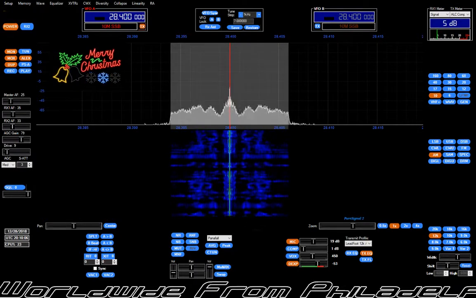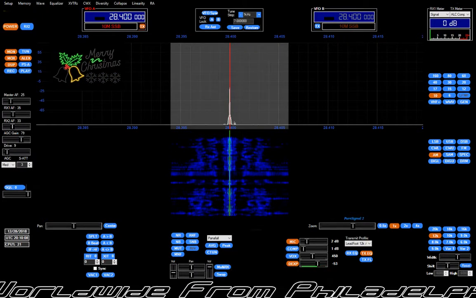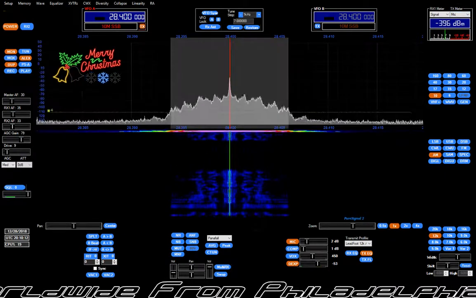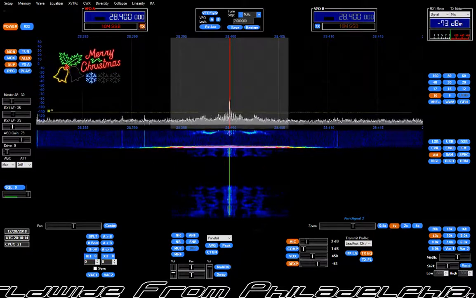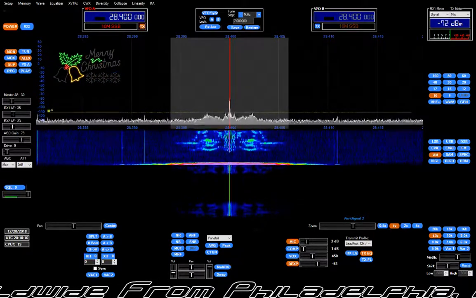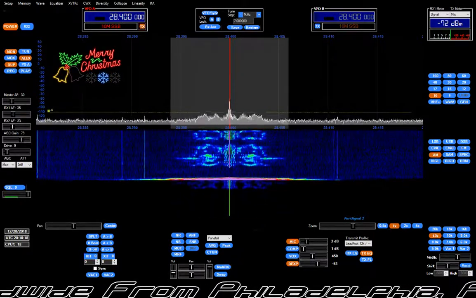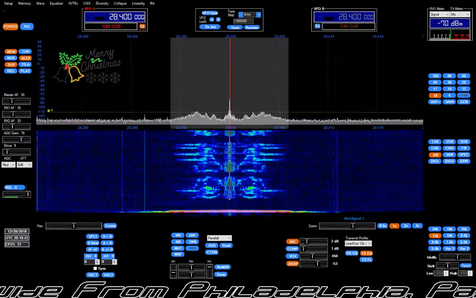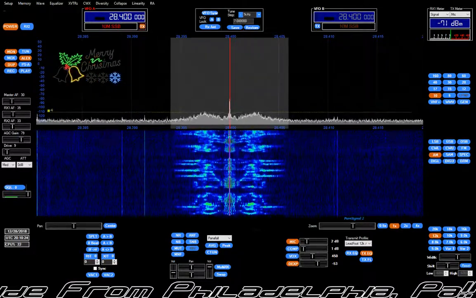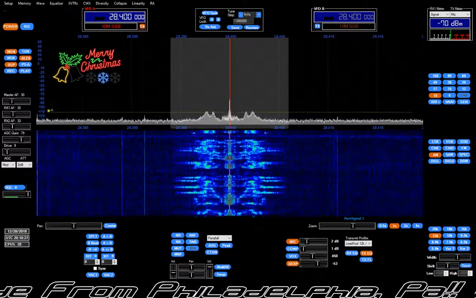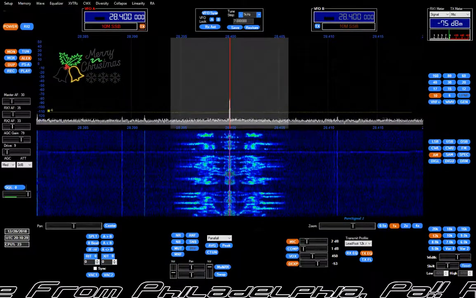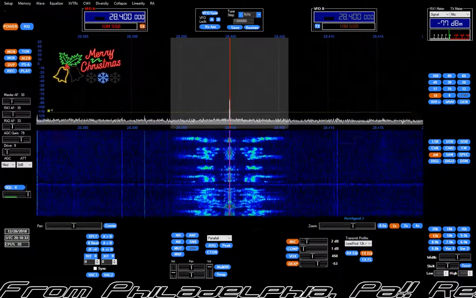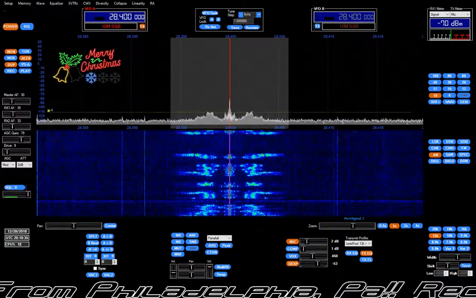All right, let me back this down to where I had it. Right there, that's where I had it. Yeah, okay, because the radio won't overmodulate. It won't go over 100%, so you'll just get more and more compressed as you try to drive it to that. It just won't hit it. It keeps it at 99. That's just the way it is.